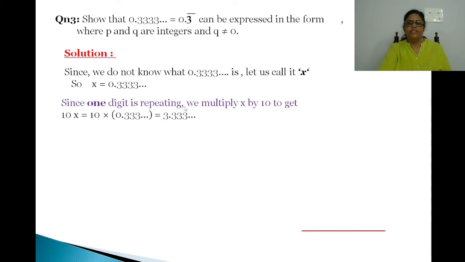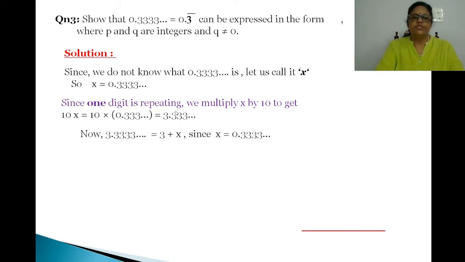Since one digit is repeating, we multiply x by 10 to get 10x is equal to 10 into 0.3333 etc. When we are multiplying the left hand side by 10, we have to multiply the right hand side also by 10. We can multiply the left hand side and right hand side by the same number. So here 10x is 10 into 0.333 etc. Multiplying by 10 means 1 zero in 10, so we shift the decimal point 1 place to the right side. So you will get 3.333 etc. So 10x is equal to